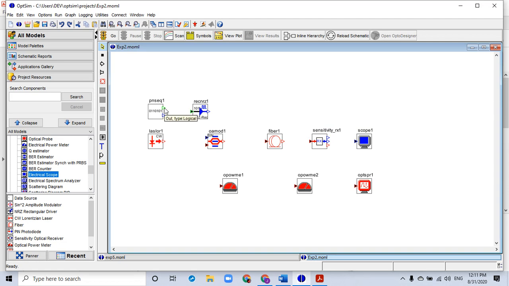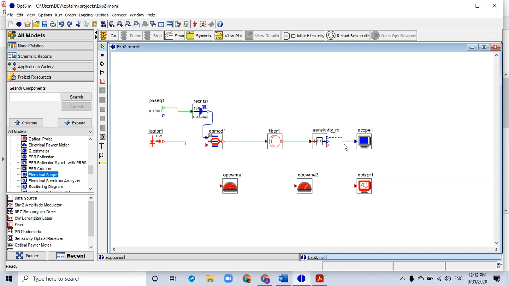And now the next step is to connect the components, right? So the green color indicates that is a logical signal, the blue indicates that is an electrical signal, and the red link will indicate that is an optical signal, right? So there won't be any error in connecting the components, right?